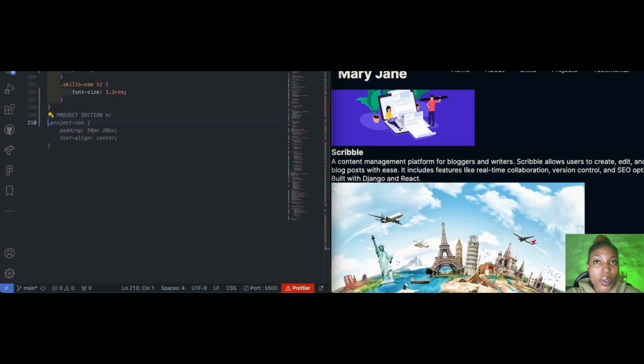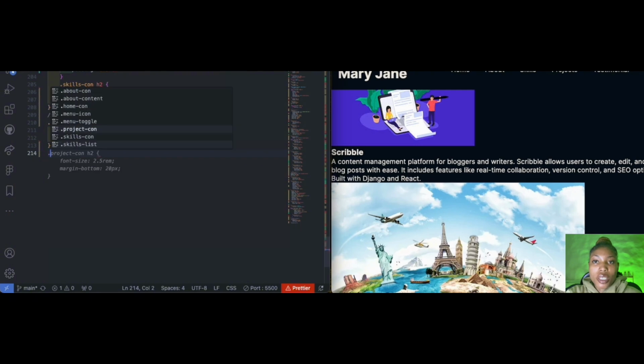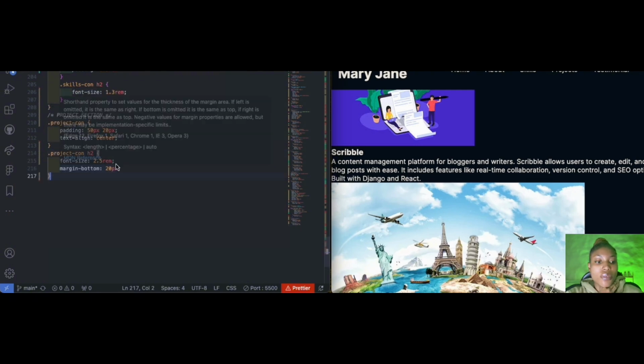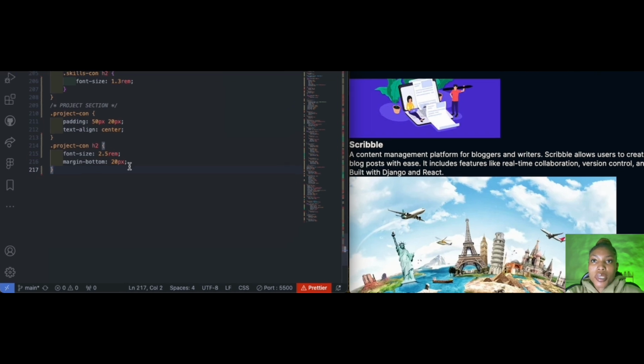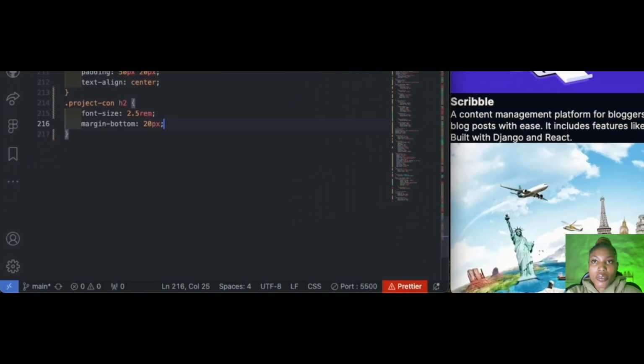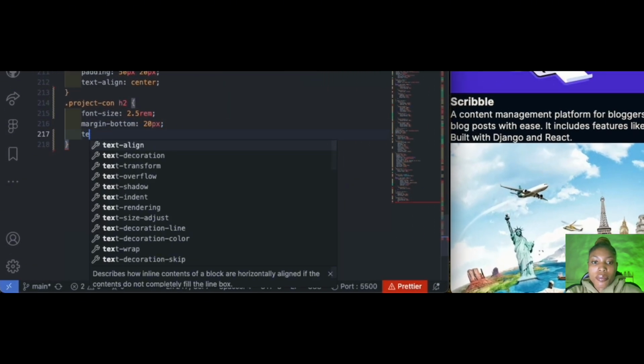We're going to start with our project container, adding 50 pixel, 20 pixel. I think that's the same measurement to be adding to the rest of the containers. Okay, that's the line center. All right, let's start the H2 inside our project container. 2.5 rem, margin top. Let's give our H2 some margin top. And maybe text align center. No, but we already have text align center here in the other container. So let's start